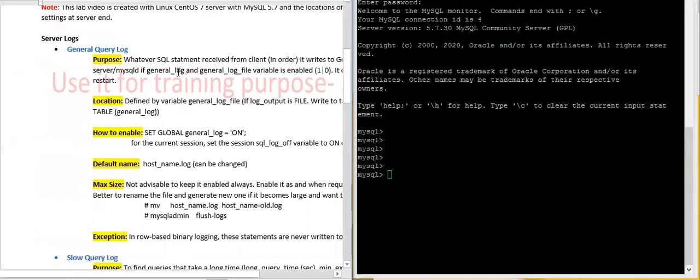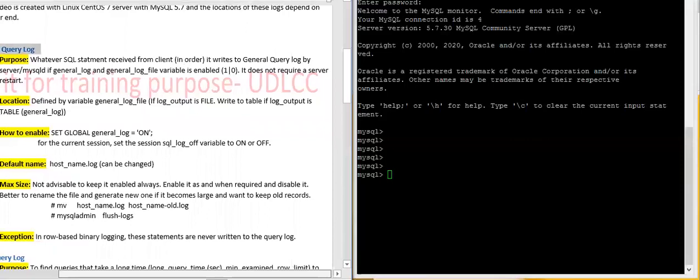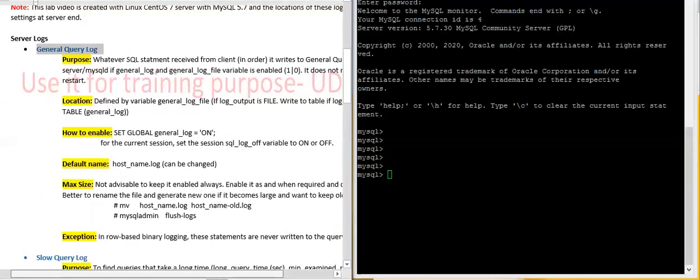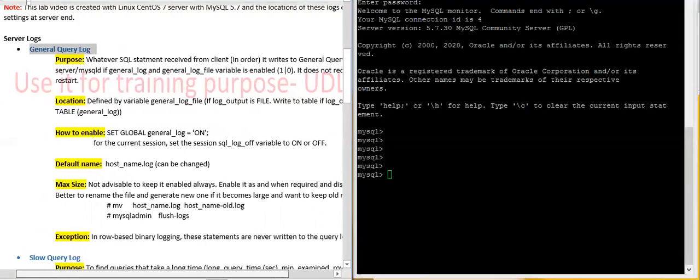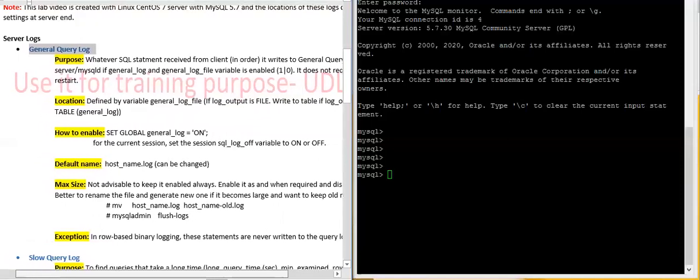This happens if the general_log variable is enabled. If it is not enabled, then the general query log will not be generated. So the purpose of this is to log all the queries in the general query log.